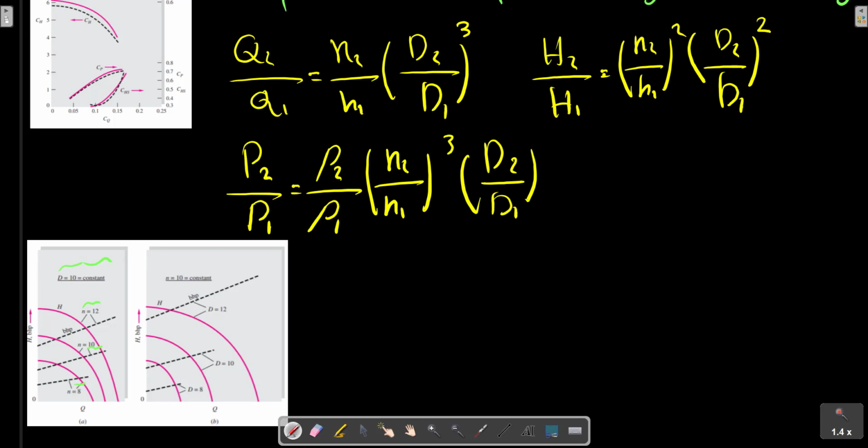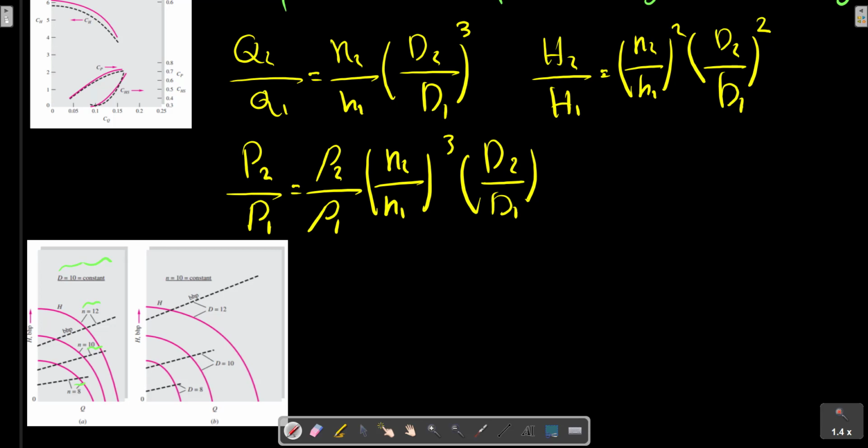In part A, as I said before, the size is held constant and the speed is varied 20%, while figure B shows a 20% size change at constant speed. The curves are plotted to scale but with arbitrary units. The speed effect is substantial, but the size effect is even more dramatic, especially for power, which varies as D^5. Generally, we see that a given pump family can be adjusted in size and speed to fit a variety of